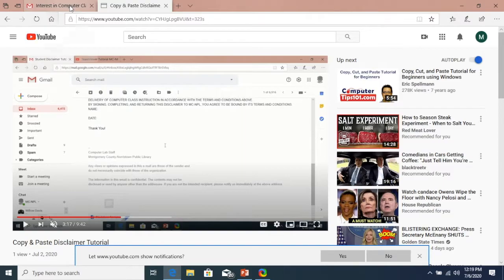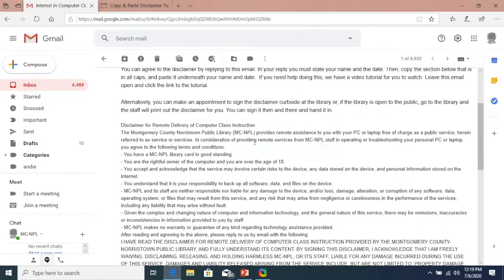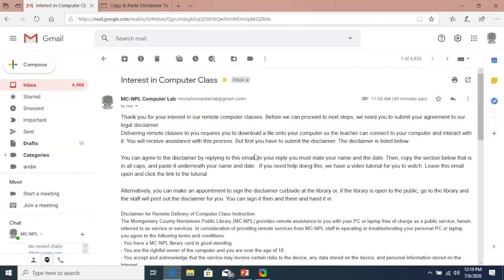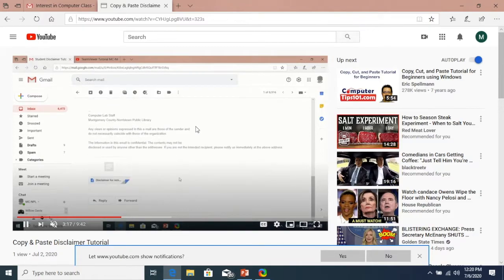Clicking on that email tab will bring you back into your email. And then from your email, to get back to the video tutorial, again, move your cursor to the top of the web browser page, find the YouTube tab, click on it, and then click the viewing screen to resume the video tutorial.